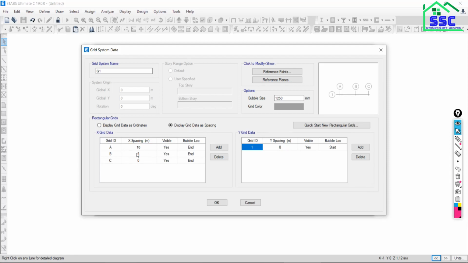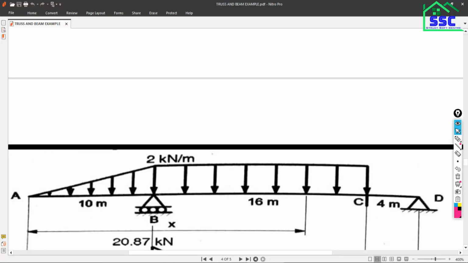Now go to B. 20. 16? 26? Okay, 20 total. Those who are telling 16 or 26, that means they have not seen the previous session.